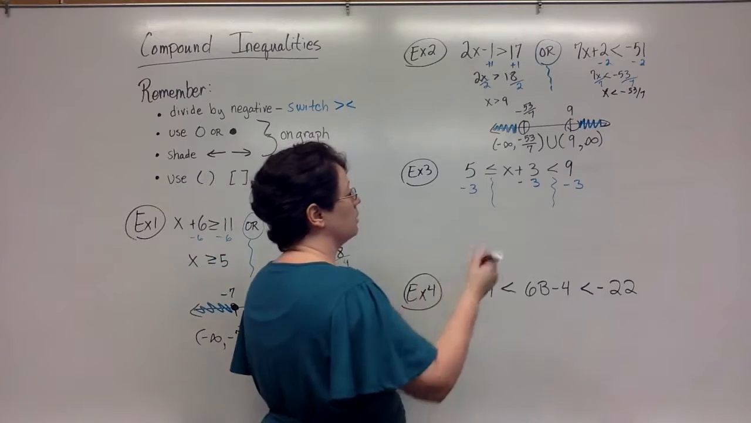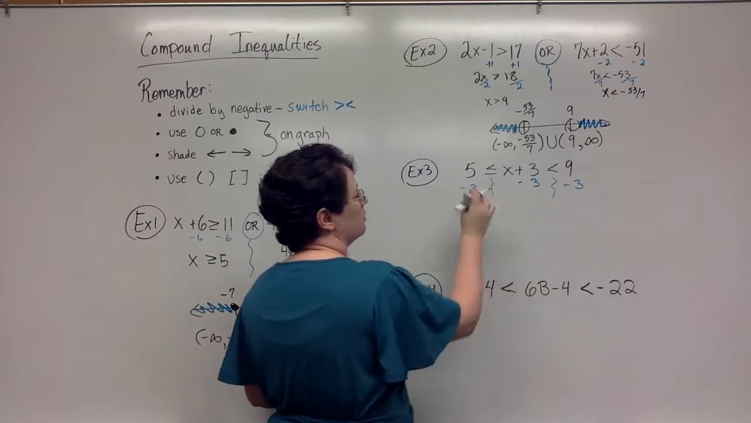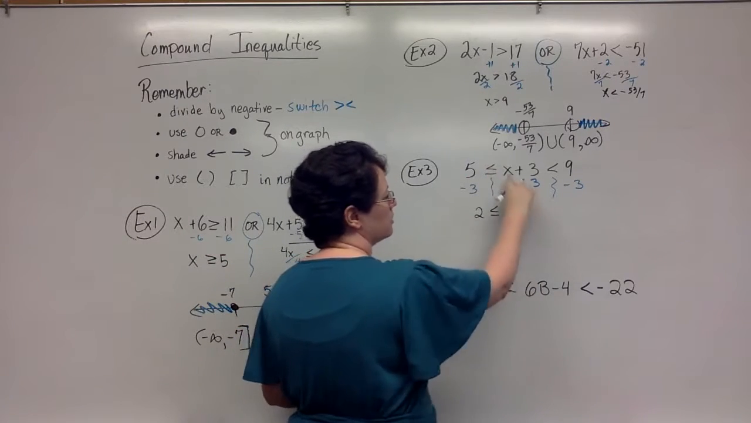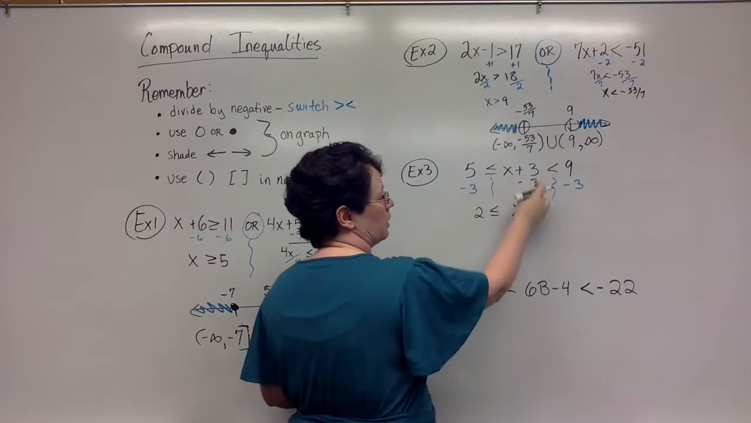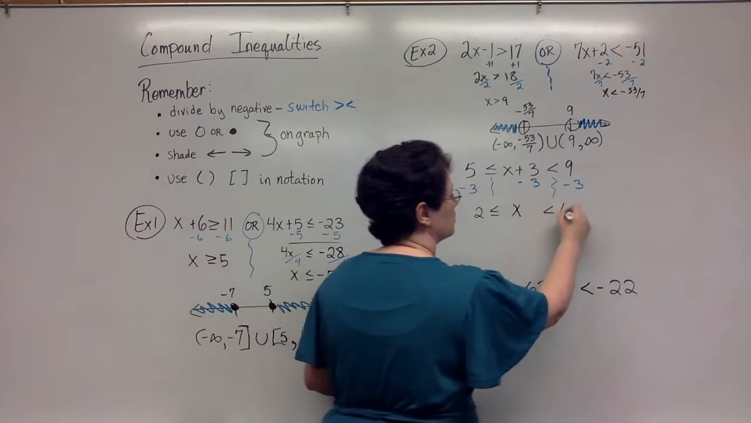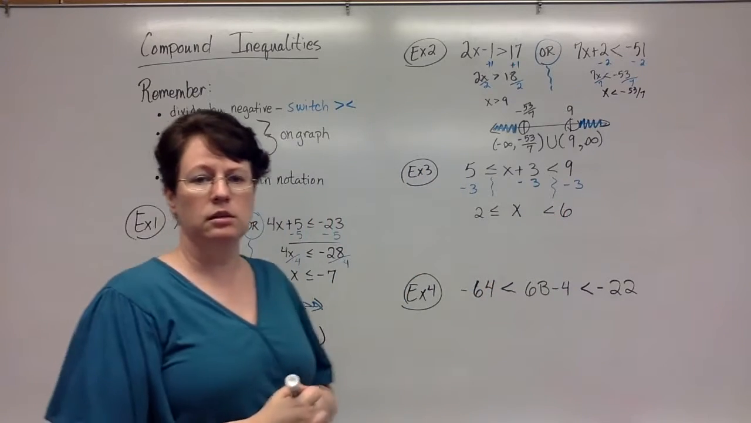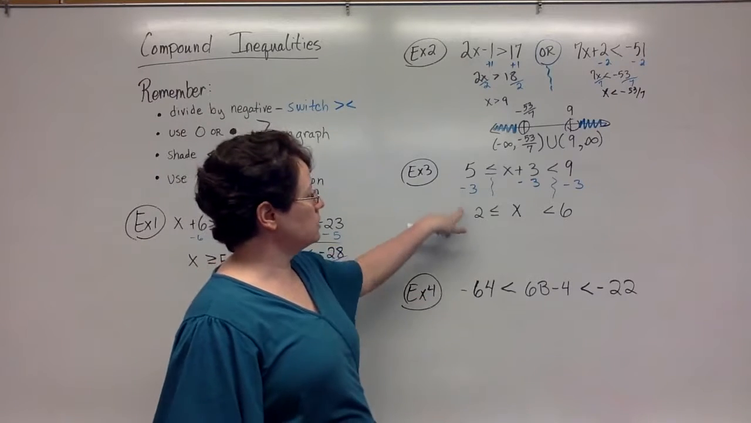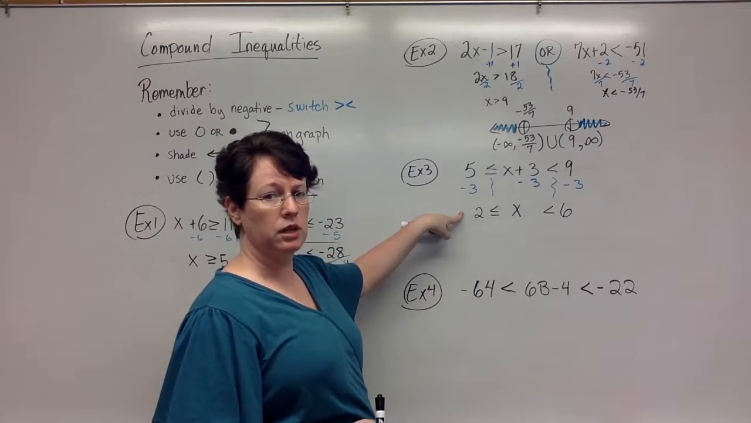Okay, so now we're going to come in. We have 5 minus 3, which is 2. I'm going to drop down my inequality symbol. My x drops down, my 3's are gone. Inequality symbol drops down, 9 minus 3 is 6. Okay, did you catch that? So we subtracted 5 minus 3,